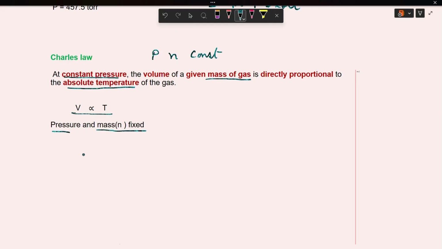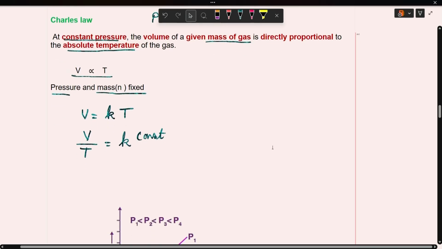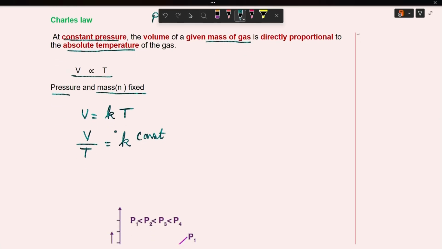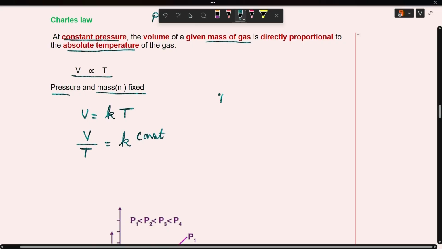Now, again this is a proportionality constant we will introduce, that is equal to K into T, or I can say that V by T is equal to K, which is a constant. Now, just like what we have done in the case of Boyle's law, here V by T is a constant, which means that if I take the pressure constant and mass is fixed, at a temperature T1,